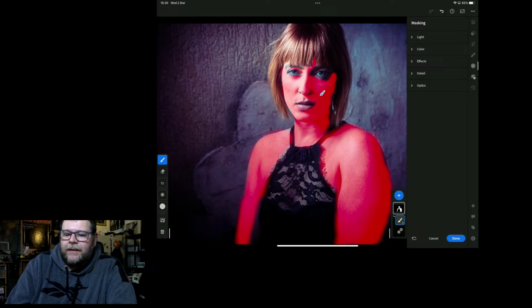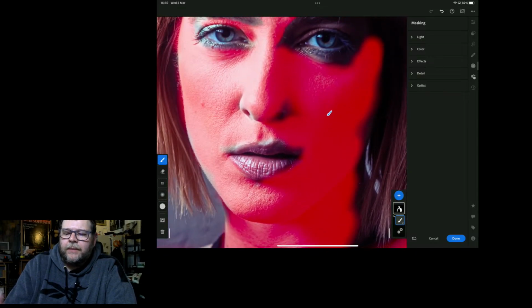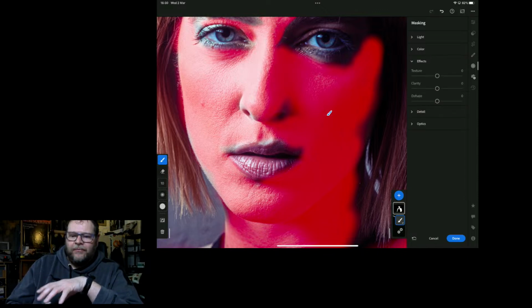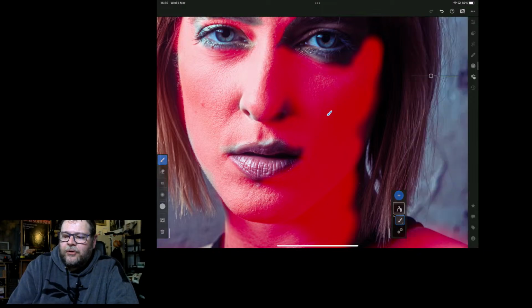Now I'm going to do the skin. So I'm going to double click to make sure that I see enough detail. I always zoom in a little bit more. Go for effects. Now this is how I do it. I've seen a lot of different options, but this is what I really like to do. So I will draw the texture all the way down